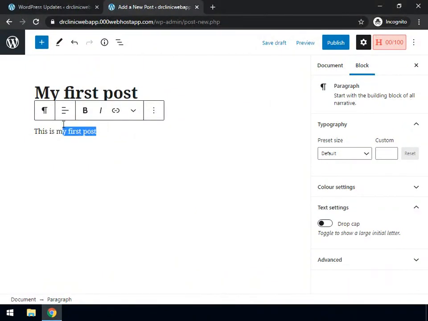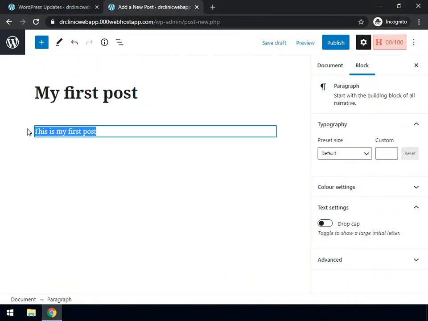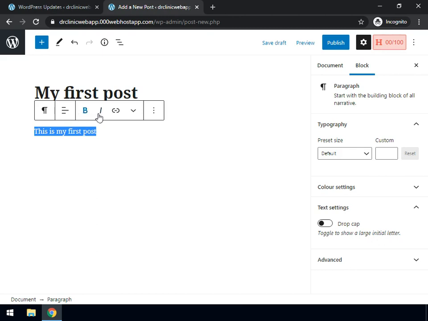Let me highlight this. Here you can format your text in a lot of different ways. You can make it bold, or you can make it italic. Now to preview your post and see exactly how it looks, just go ahead and click on this preview button,